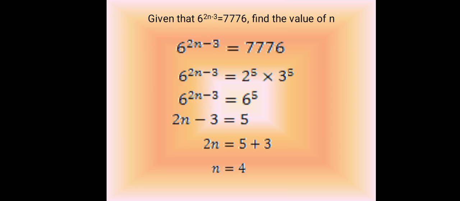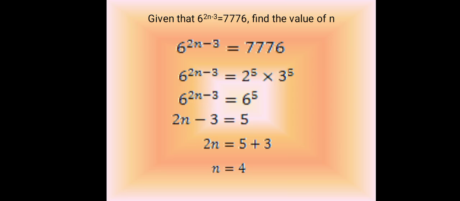Given that 6 raised to the power of 2n minus 3 is equal to 7,776, find the value of n. Now, here we shall find the factors of 7,776, and these factors are 2 raised to the power of 5 multiplied by 3 raised to the power of 5. But specifically, since the other side has 6 raised to the power of 2n minus 3, it means